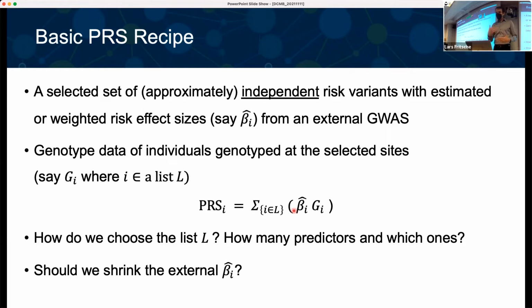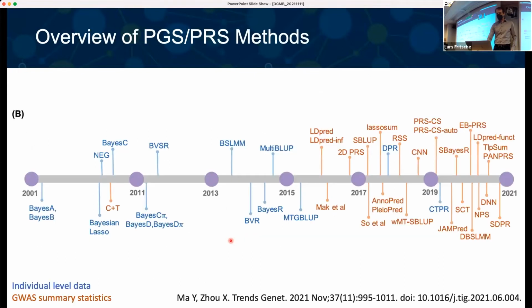There are different ways to weigh the effect sizes and to condense those lists. The question is always, how do we choose the list? Which SNPs should be included in a polygenic risk score, and how many? And should we do anything with the effect sizes? Should we shrink them? There are many different approaches by now. Here's a recent review article by Ying Ma and Zhang Zhou in our department. Ying Ma is actually a GSRA who's working with me on polygenic risk scores, and she put together this very nice review paper, showing the history of current